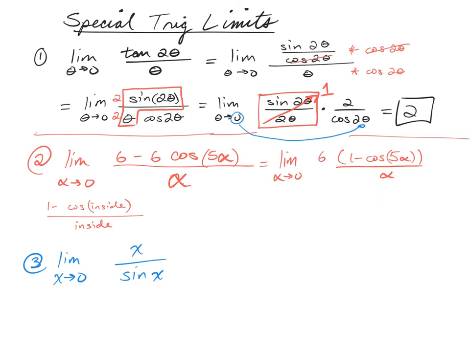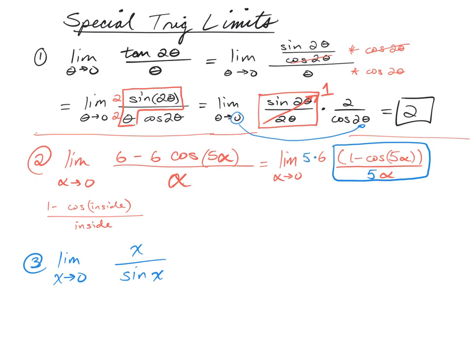And again, this expression over here is very, very close to what we're looking for with the limit: 1 minus cosine of inside over inside, as long as the insides are going to 0 as the limit goes to 0. It's very close. We just need the insides to match, so we need to divide by 5 and multiply